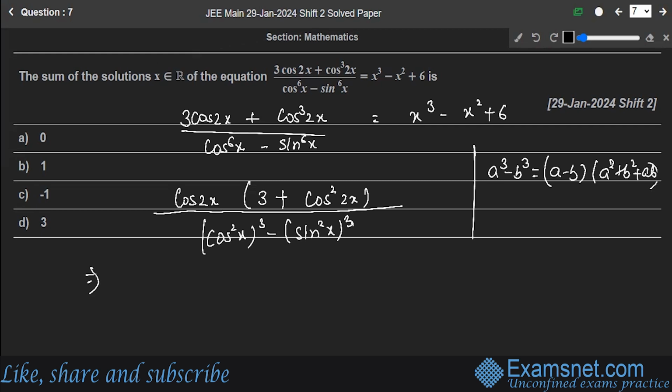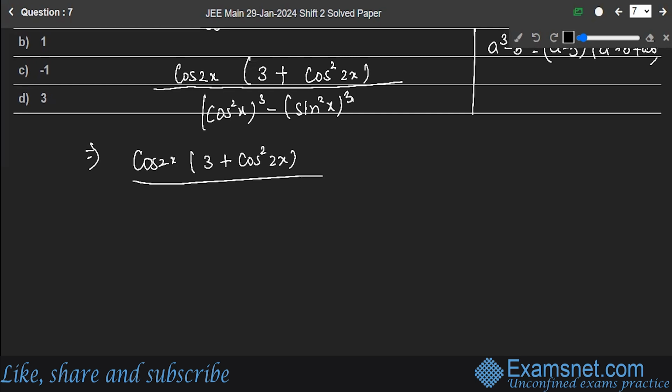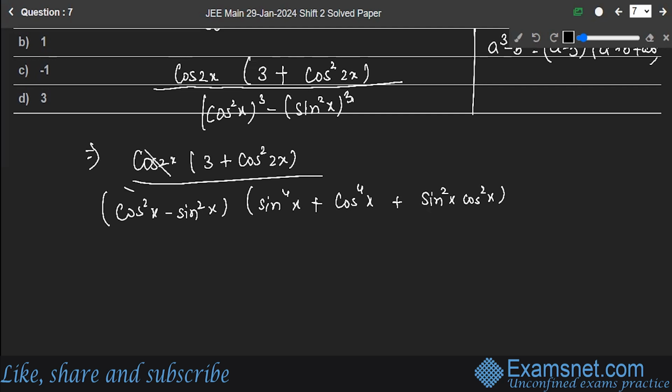Okay, so this makes it cos 2x. I'll let it be cos 2x only. 3 plus cos square 2x whole thing divided by, now this is a cube minus b cube, a minus b. So you have cos square x minus sine square x into sine power 4x, cos power 4x, sine square x cos square x, and see, this will cancel, and you will have 3 plus cos square 2x whole divided by,